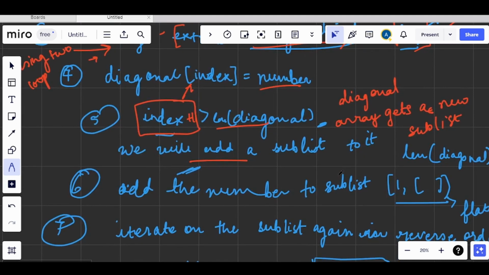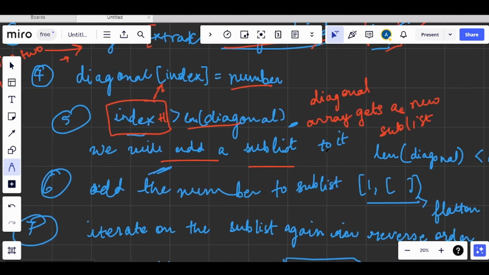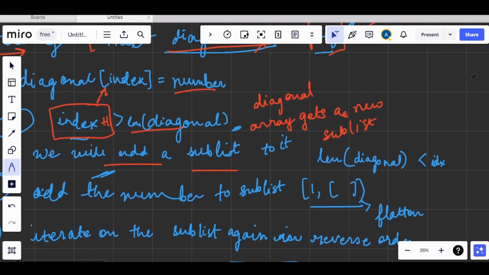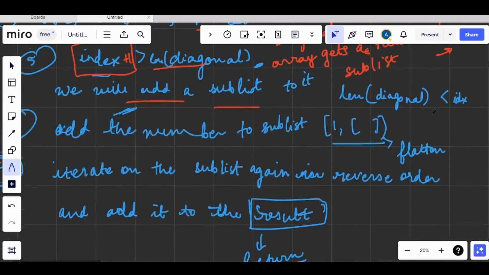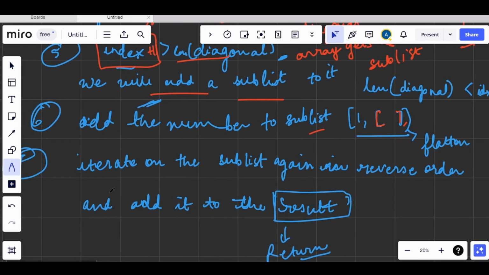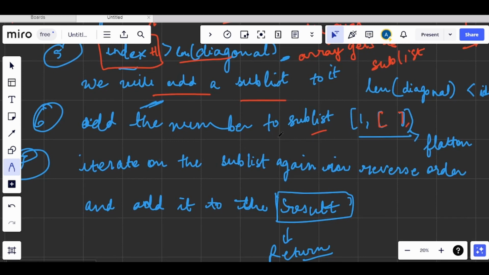Now we have added a sublist to it. We were expecting a flattened list, where we had only a one-dimensional array as the output. But once we are adding sublists, it is again becoming a two-dimensional array. So in order to flatten the list, we will reiterate on the sublists by reversing them.